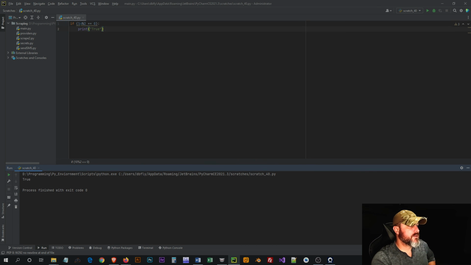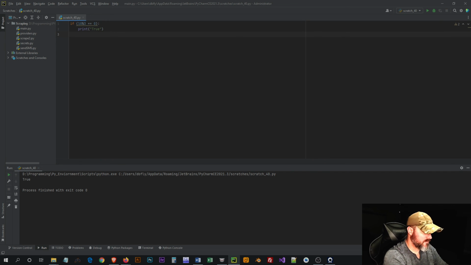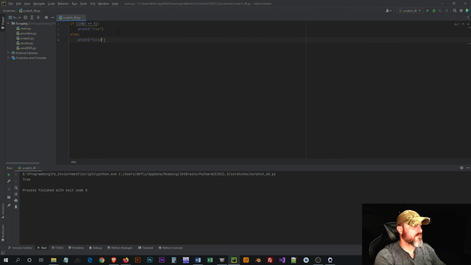All right, so 10 modulus 2. That means 10 is evenly divisible by 2, and it results obviously in 5, which is a whole number. So the modulus is 0. I'll change that to modulus 3. 10 divided by 3 is going to be some decimal point or whatever. I just want to see, make sure this works. Run. Yeah, and it's false because